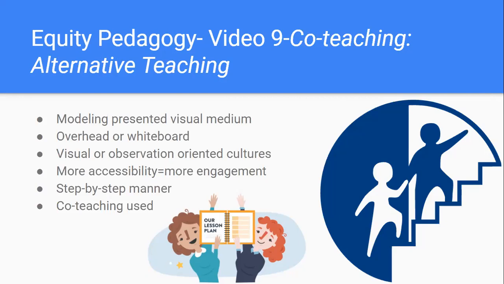In this example, visually oriented cultures are given more access to the lesson as a result of Miss Boyden's adaptive teaching. Since students of diverse cultures are given more access to the curriculum, they are able to engage more and thus learn more. Seeing how a problem is solved in a step-by-step manner helps students to identify where they specifically went wrong in a problem. Targeting these specific areas in a lesson allows students to focus and practice on what they are struggling with, thus increasing performance. Co-teaching was also used in this video as well.